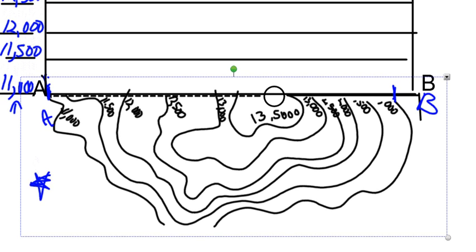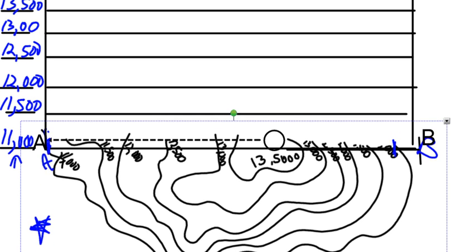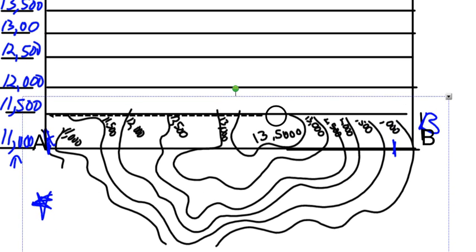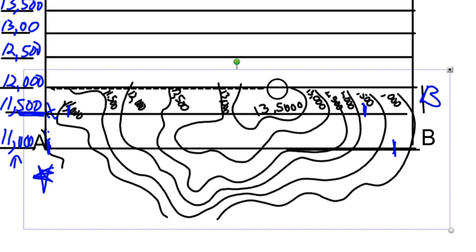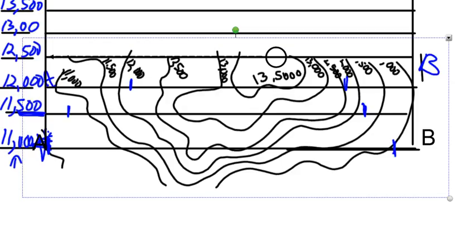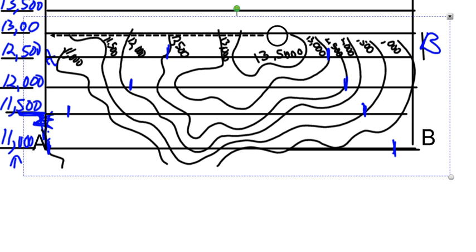From here then, we're going to shift this piece of paper up. So now we're on this line here, which is our 11.5. So we want to find the 11.5 contour lines. 11.5, 11.5. Then we shift up. Next, we're on the 12,000. So we put a mark here, put a mark here, and we're going to do this all the way up the mountain as we continually change our lines until we have all of our dash marks created,